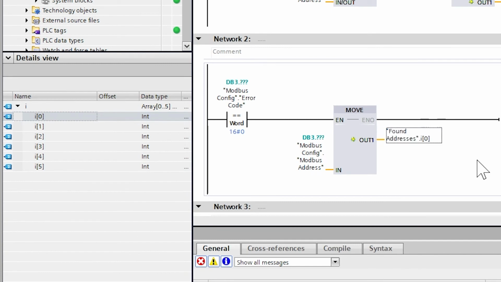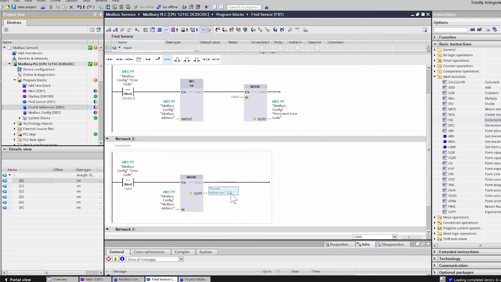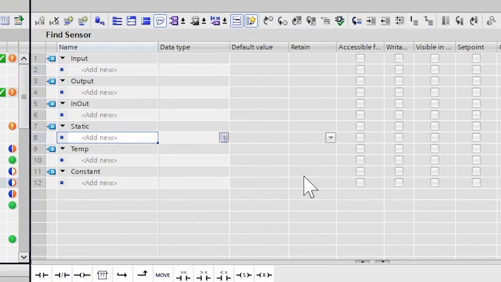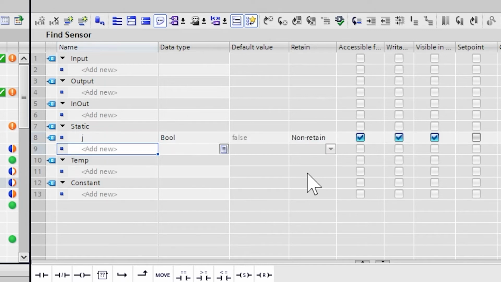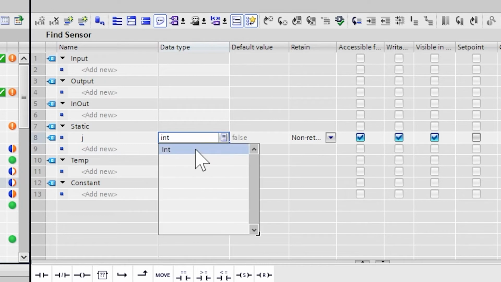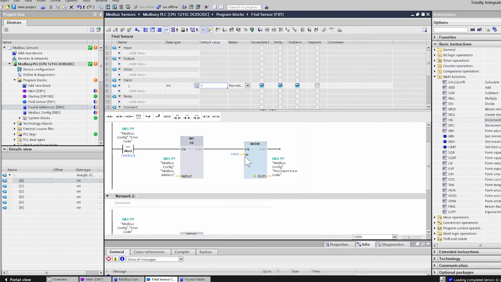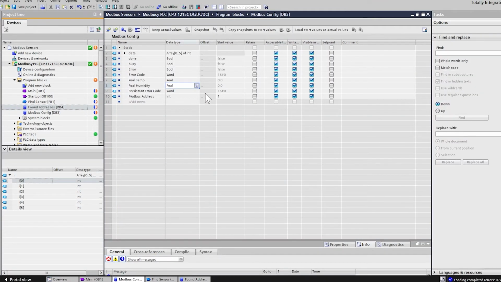There. So that will overwrite everything, because we're always going to be overwriting the 0th position of this array. So we want to make a variable that is static. I'm going to call it array. I'm going to call this J actually, just because I'm lazy. J is going to be an integer, and it's going to start at 0. Now, because we're starting at 0, that also equals